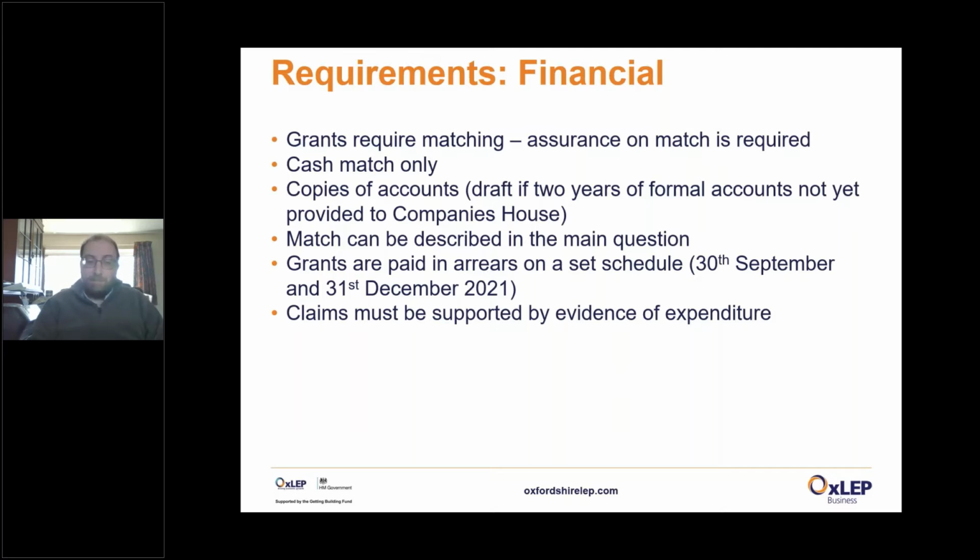In terms of cash flow for the grants, it's important to note that these grants are paid in arrears. So you will spend the money on your capital item, and once you have spent the money, once you've defrayed that cost, it can then be claimed back from us. So if you have a £100,000 grant with £200,000 of costs in it, and let's assume that you're only going to make a single claim on the 31st of December 2021. Please don't do this, by the way, it's more difficult for us and for you, but that would mean that you would have to have spent the whole £200,000 before you put the claim in